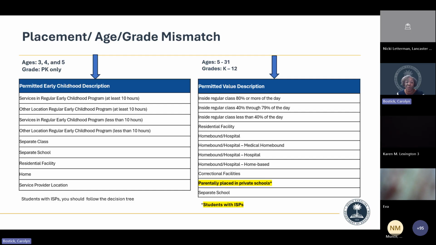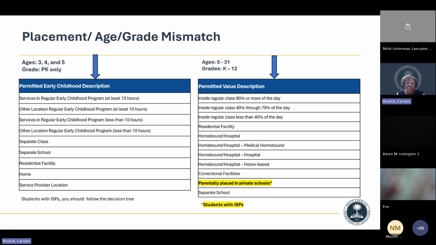The placement age grade mismatch. I changed up this slide a little bit just because I wanted you to be able to process. So we're talking child count report. Our child count report date for this year is October 28th.